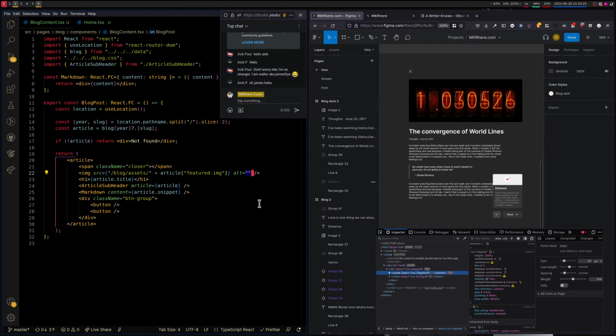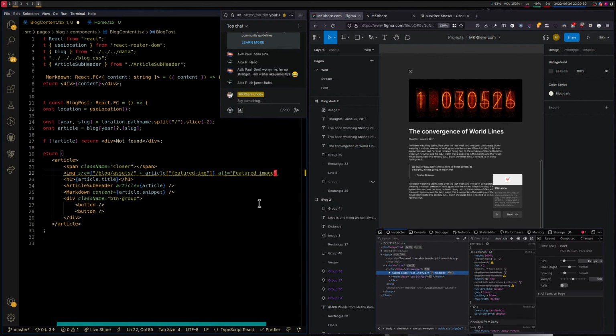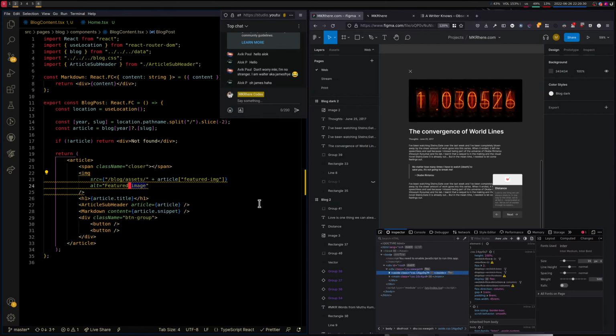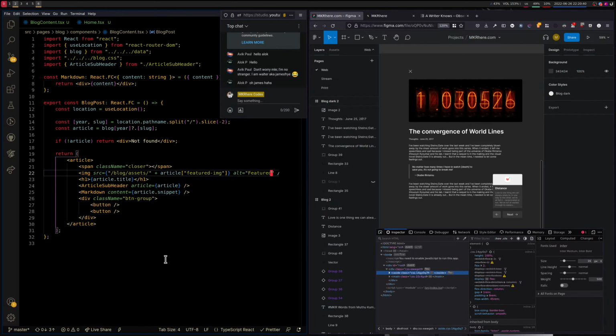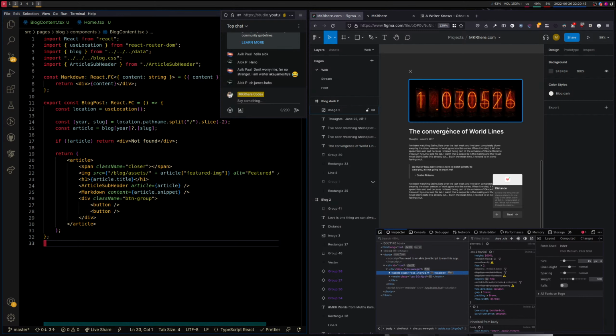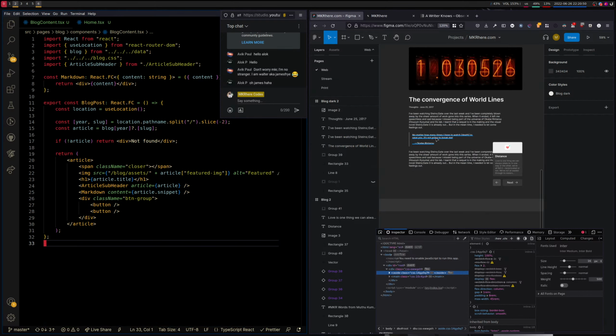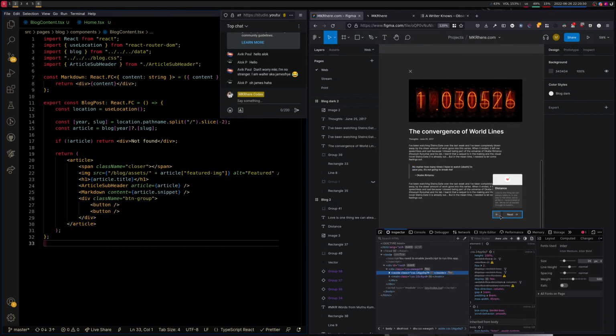For the alt, let's just say feature. That's going to warn us because it just has image in it. And we have the article. So now we have everything, I think. So let's get to styling it. We are using Emotion for styling. So let's say